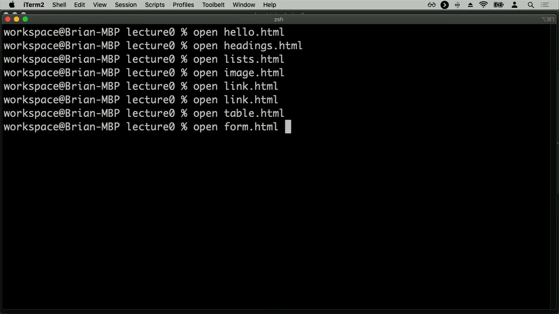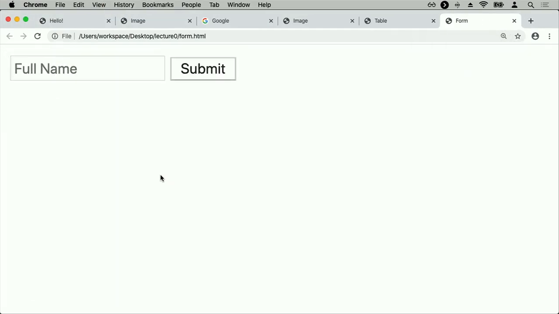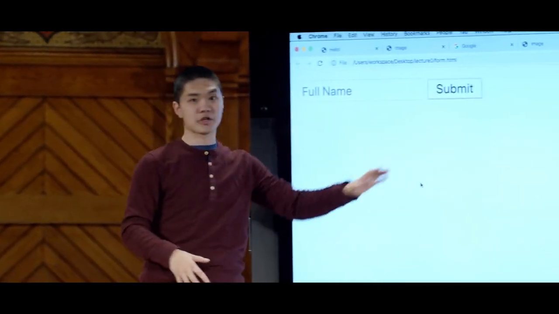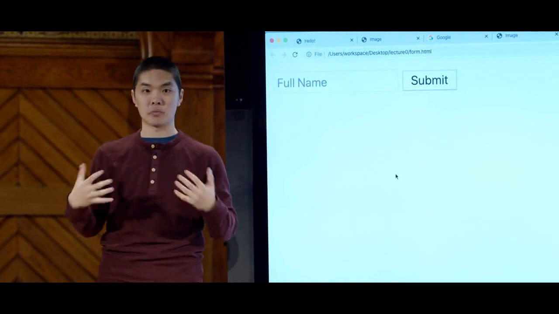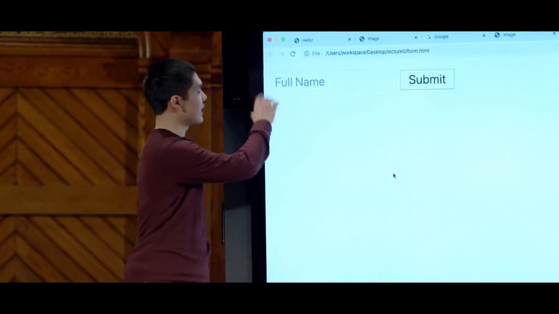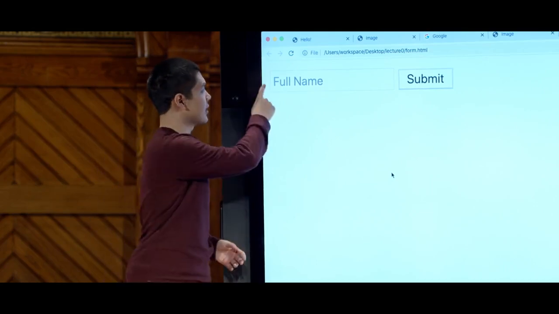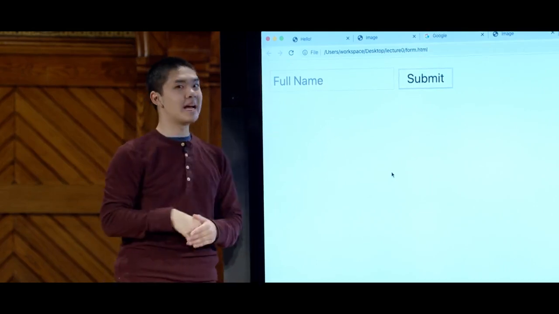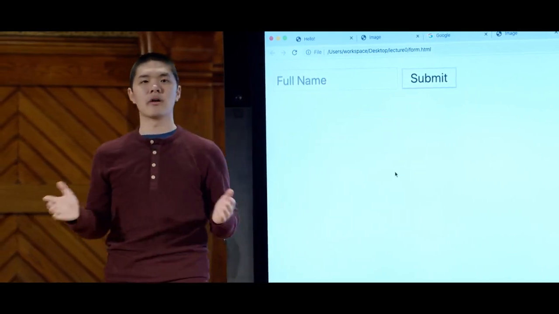Now if I open up form.html, this is the page that we're ultimately going to see when we load this HTML. This entire page just contains a single HTML form. But that HTML form contains two parts. The first part was this input element here that allowed an opportunity for the user to type in their full name. They type in their full name into this input field. And when they're done, they can click the submit button to indicate that they would like to now submit this